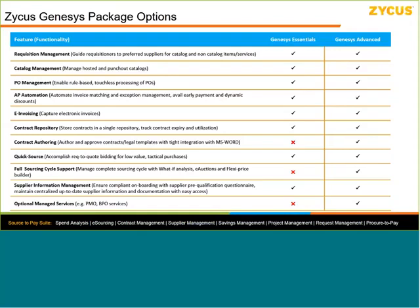Here's the difference. We have a more advanced capability on contract authoring. That does not come bundled in the Genesys Essentials package. It does come in the Advanced package. So if you have a very near-term vision of doing a full redlining and authoring capability within the application itself, if you can get your legal group on board with that, which shouldn't be that hard